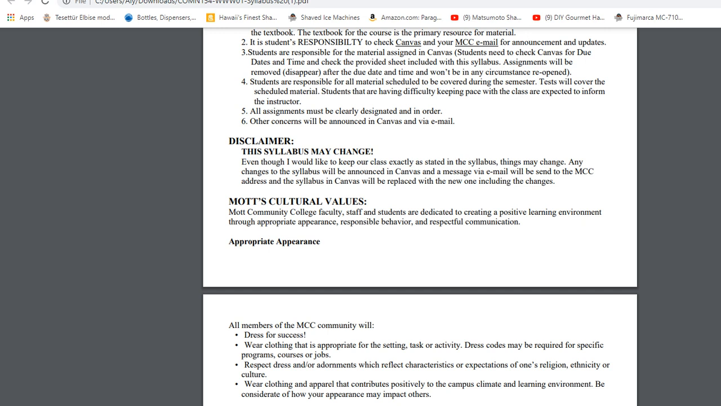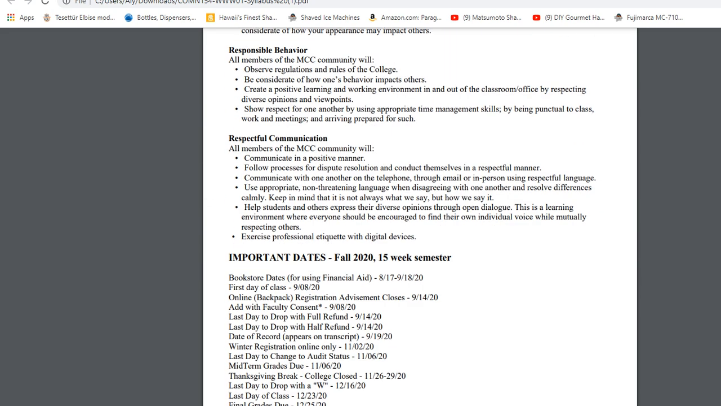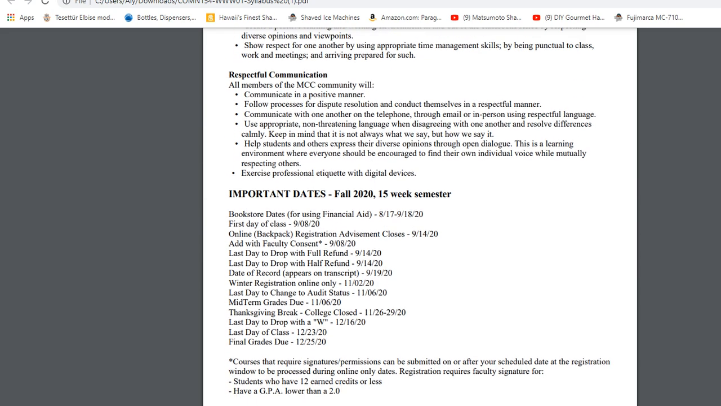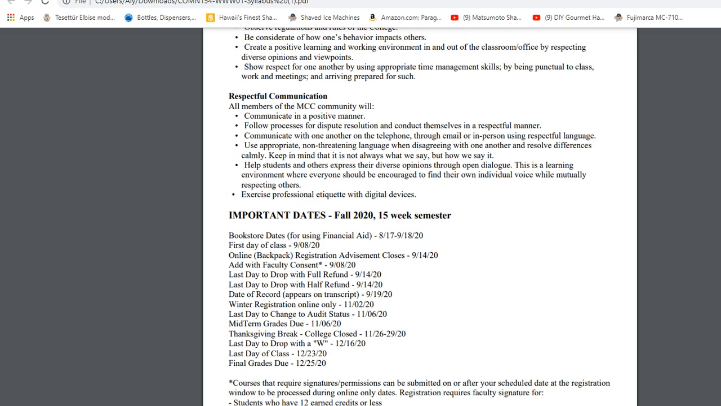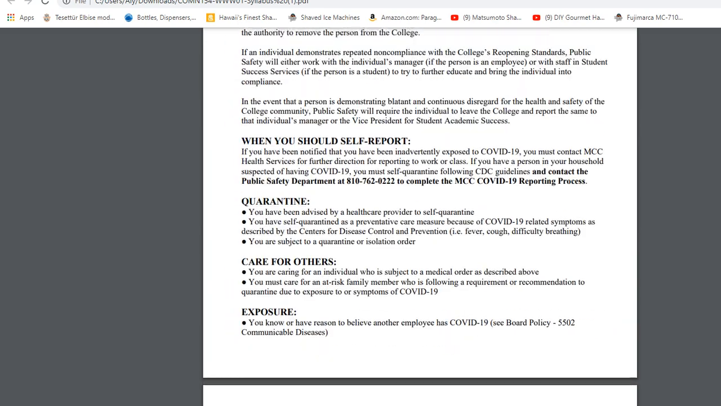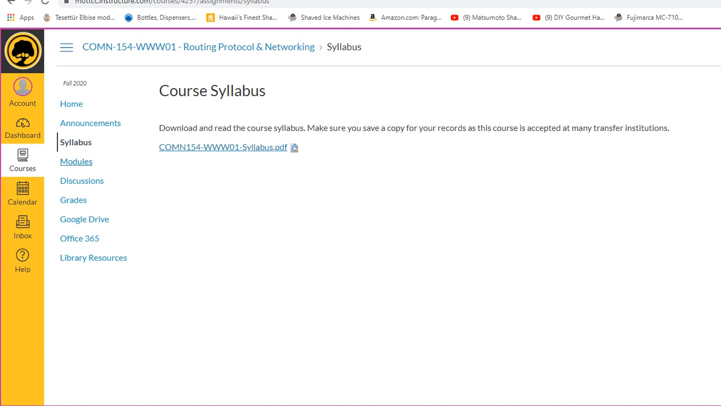Disclaimer about change to the syllabus. I do not foresee the syllabus to change. We're online. However, if there is any change needed, I will update the syllabus. I will post it in Canvas. I will post an announcement, and I will shoot you an email with it to inform you of the change. My cultural values, please read those. I'm not going to go through them. Important dates, also related to our 15-week semester. Some dates that might be useful to you guys, so you can look into it and let me know if you have any questions. Now, if we go under modules,